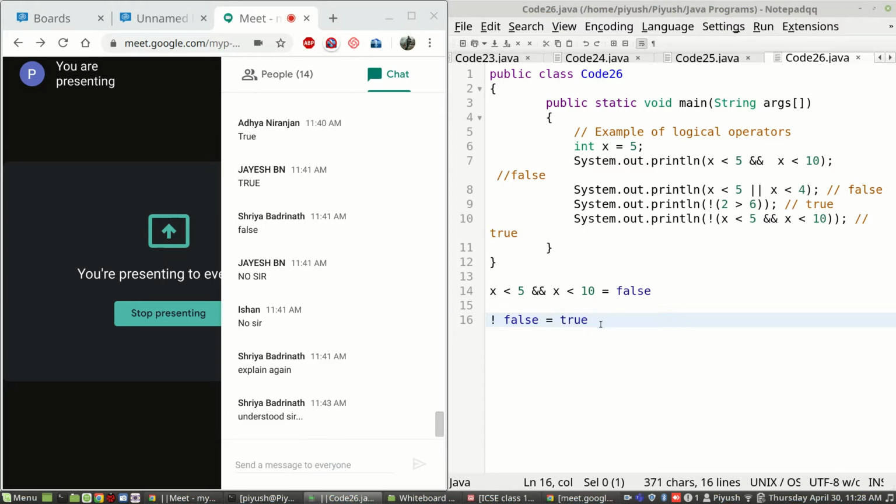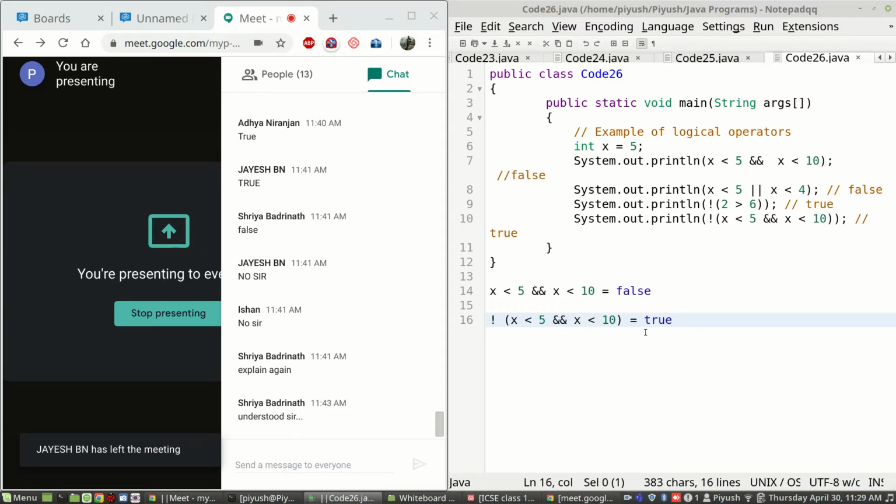Okay, so we have done this in one single step. What we have done is we have put this entire thing enclosed within brackets. So that bracket means grouping. Grouping is done first. Grouping part is solved first. So this will be solved first, but because the result of this will be false, it will be replaced here after solving internally, and then this false along with not will give you true. Okay. So yes, like you said, you have understood.